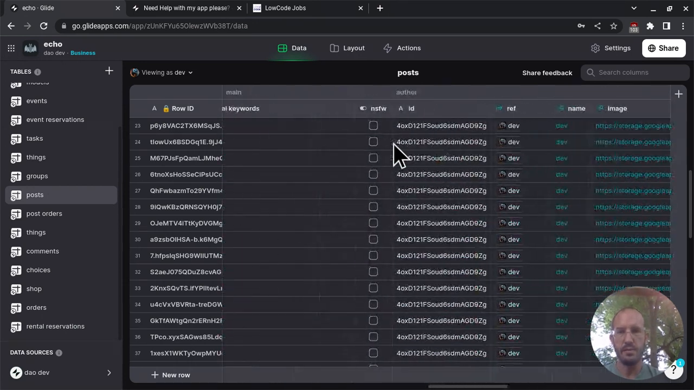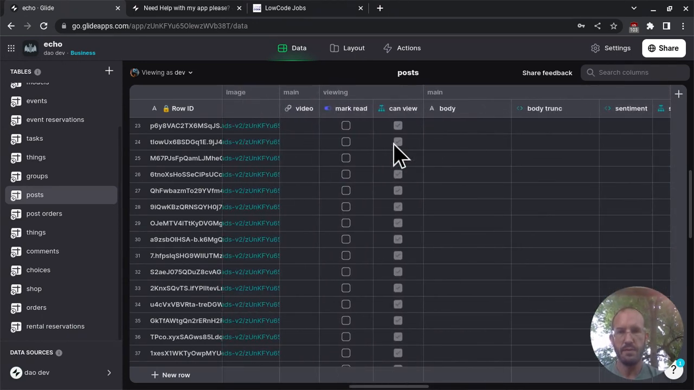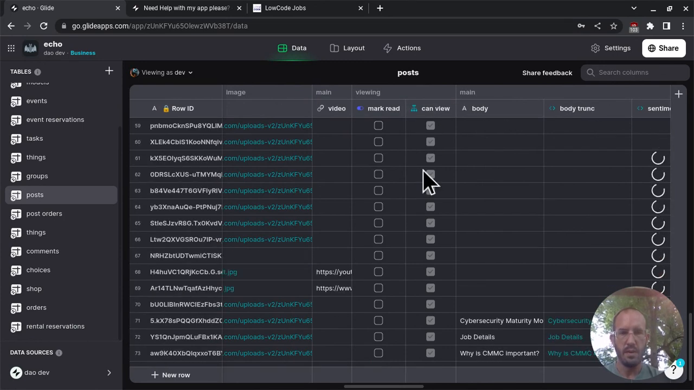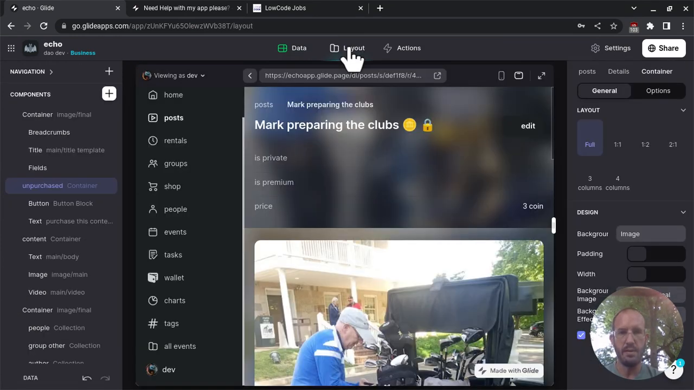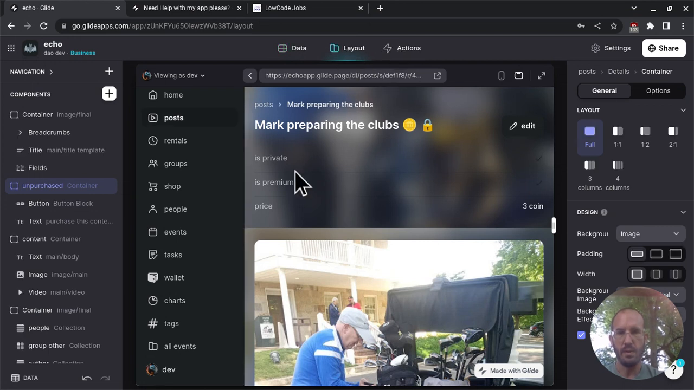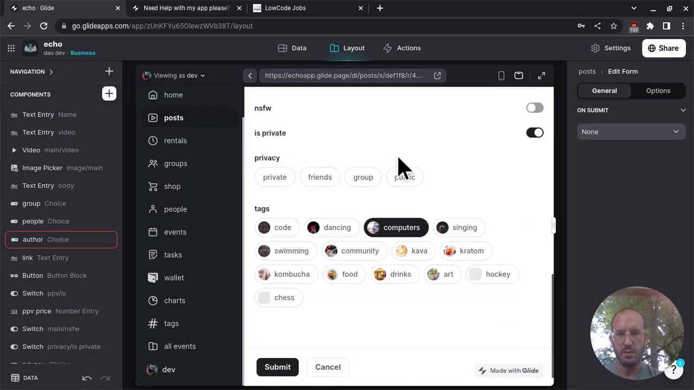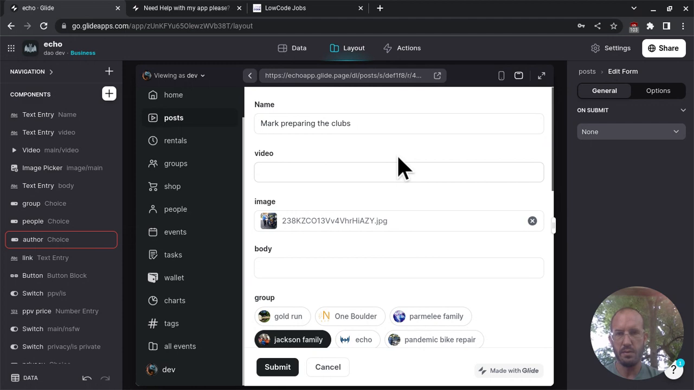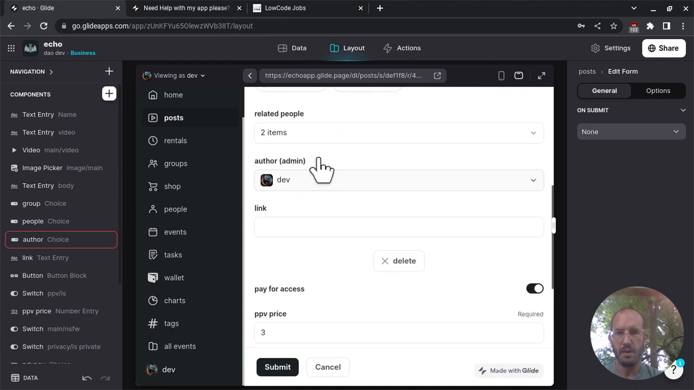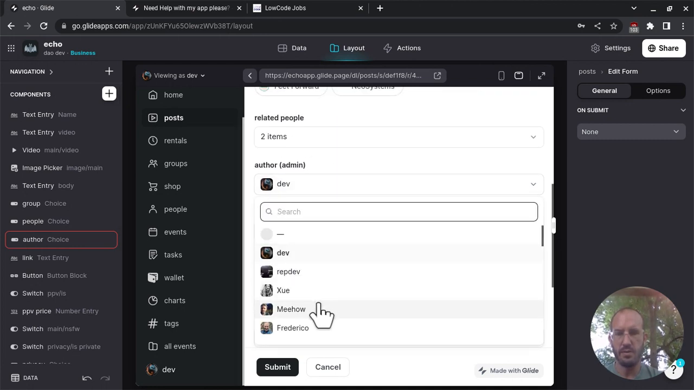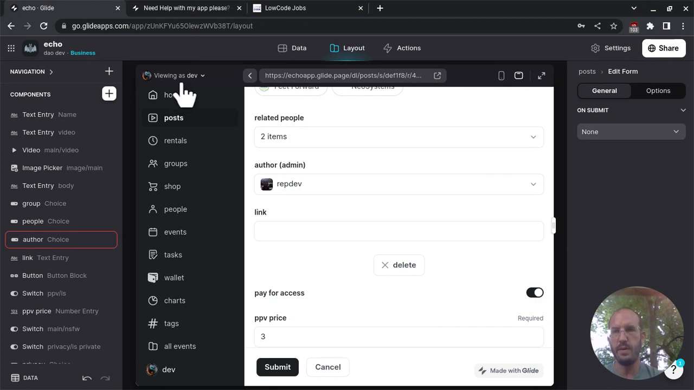Now I go back into the can view, or the viewing settings, somewhere up here, and it shows that I as the author can view it all, but if I'm not, then it goes through. So let's see, I can edit the author. No, yes, no, I can't. Author choice. Oh, author admin, there you are. If I change the author to repdev, and I'm viewing this as dev,